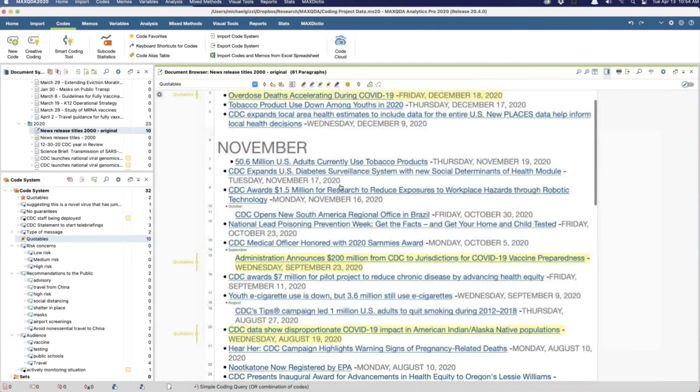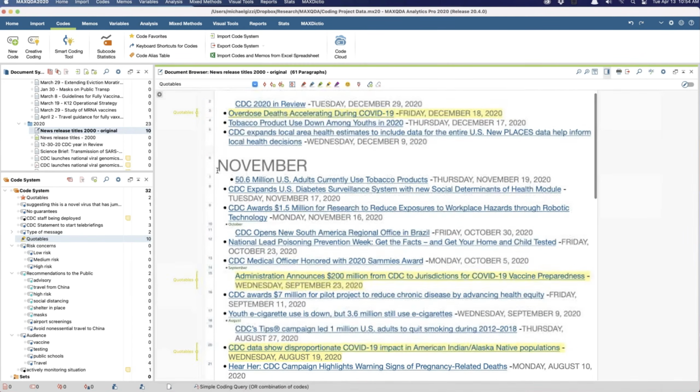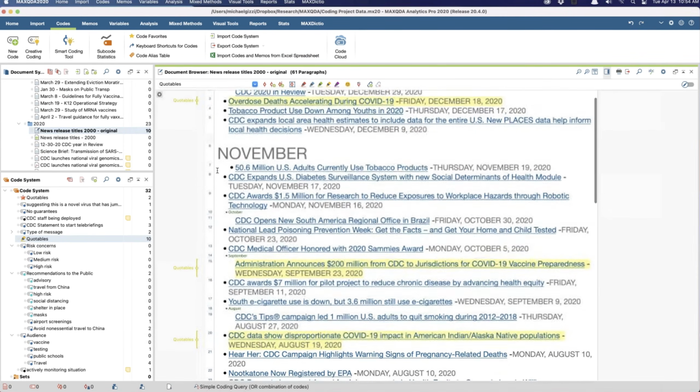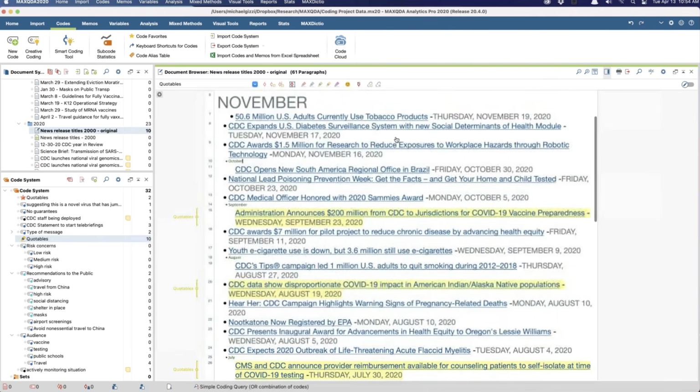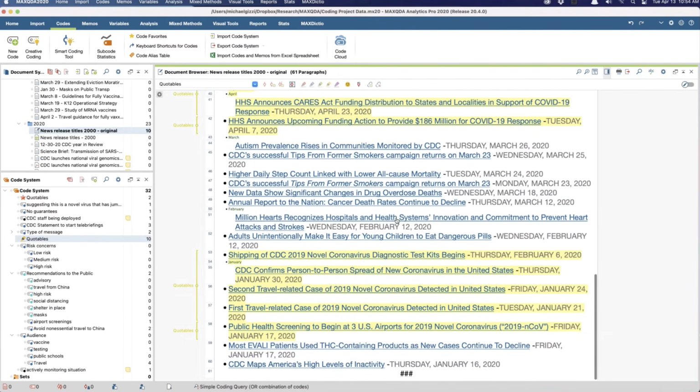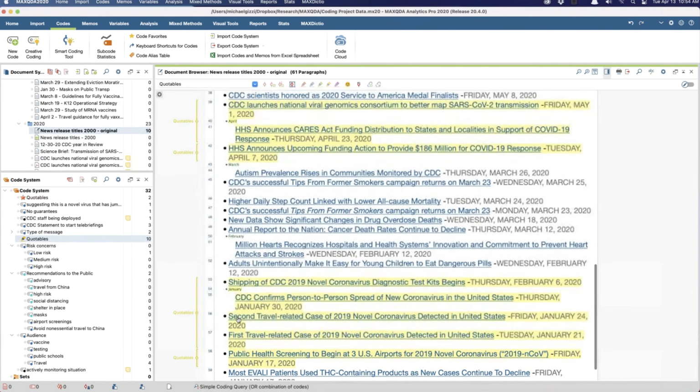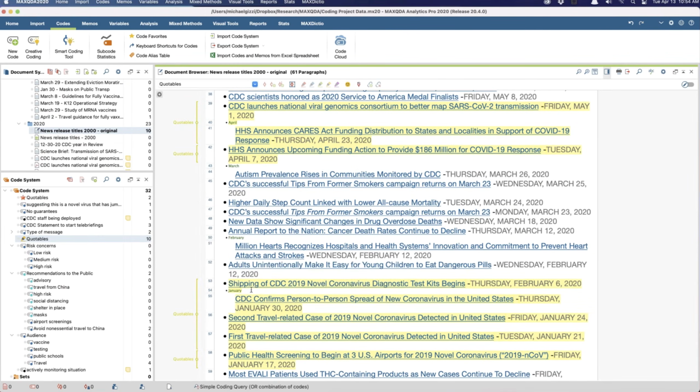The document is the web page of the list of news releases. And I was highlighting the news releases that were about COVID. I was very much struck by the fact that in January and February, when I copied this document in, its formatting got really screwy.